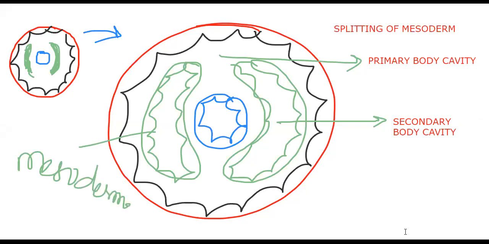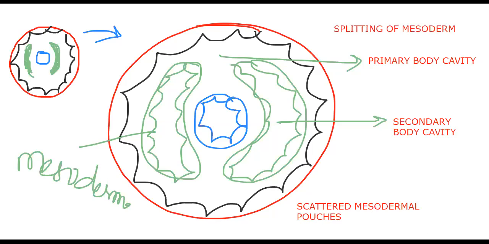Okay, so NCERT says scattered mesodermal pouches. No matter, scattered mesodermal pouches. Whatever after splitting, it seems to be like pouch, isn't it? So that is scattered mesodermal pouches. A new cavity appeared. So this diagram will help us to understand the total issue of schizocoelom, that is the splitting of mesoderm.